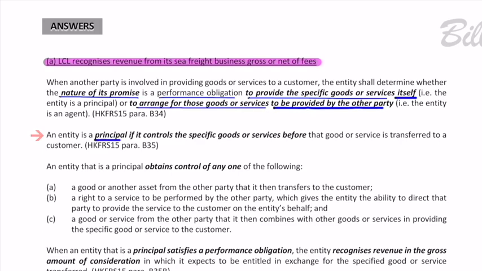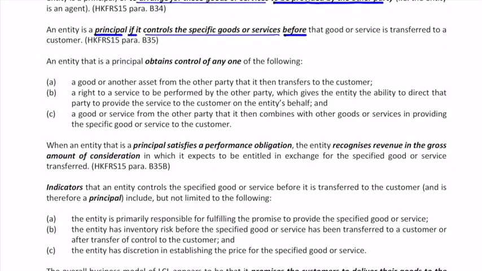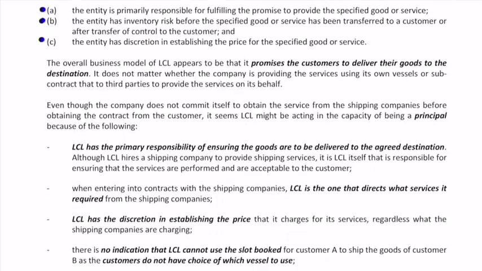An entity is a principal if it controls the goods and services before they are transferred to its customer. When an entity is acting as a principal, the entity should recognize revenue based on the gross amount of consideration. Otherwise, the entity should recognize revenue based on net. The indicators suggesting that the entity obtained control before it transferred the goods and services to the customer are as follows. Three factors to consider. The overall business model of LCL appears to be that it promised the customer to deliver